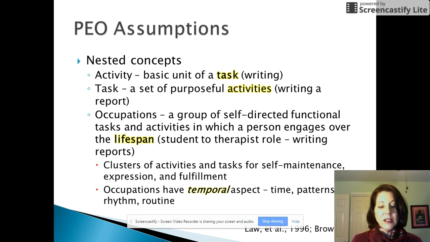And then I already mentioned that temporal aspect of occupation, both in terms of how long it takes to perform a particular occupation and how that occupation might change through the lifespan. So maybe cooking would be an example of that. When you were 10 years old, you might have cooked a few things. You might have used a microwave. But as you've gotten older, you probably have changed how you cook. Maybe you did a lot more processed foods when you were an undergraduate, things that are kind of ready made, ready to go. And hopefully by now you graduated to